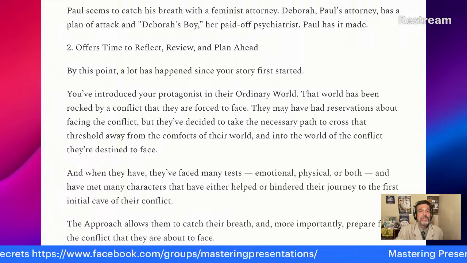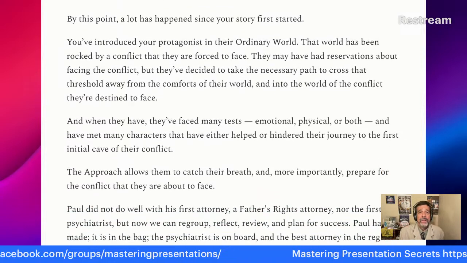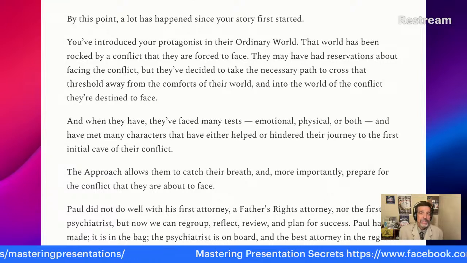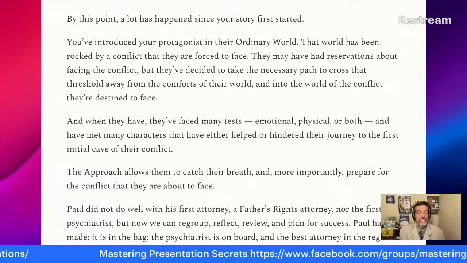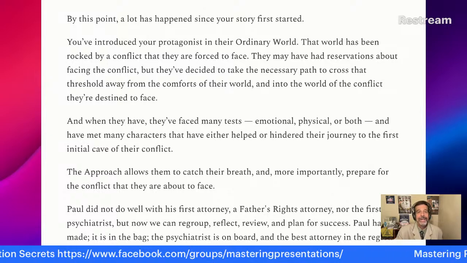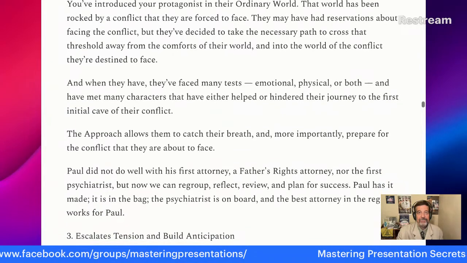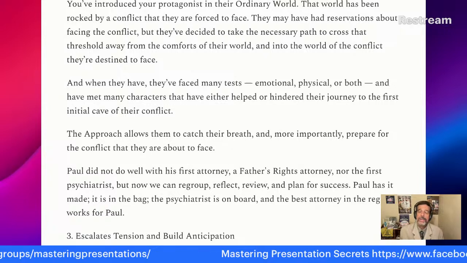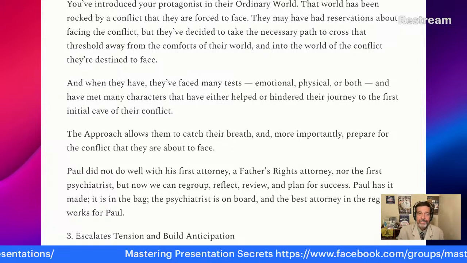Number 2, it offers a time to reflect, review, and plan ahead. At this point, a lot's happened since your story first started. You've introduced your protagonist in their ordinary world, and that world has been rocked by a conflict they are forced to face. They have reservations about facing the conflict, but they've decided, after all, this is the path I have to take.